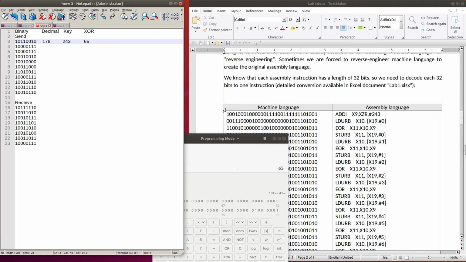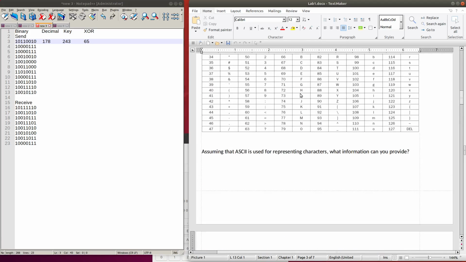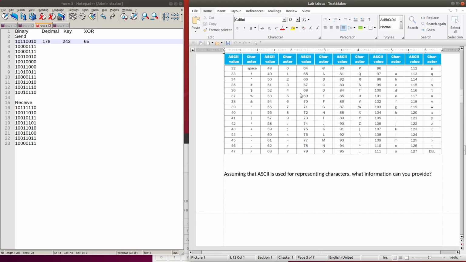And if we look again at our ASCII code, we try to find the number 65 here. It is used to encode the character A in capital. So it is A in ASCII code.